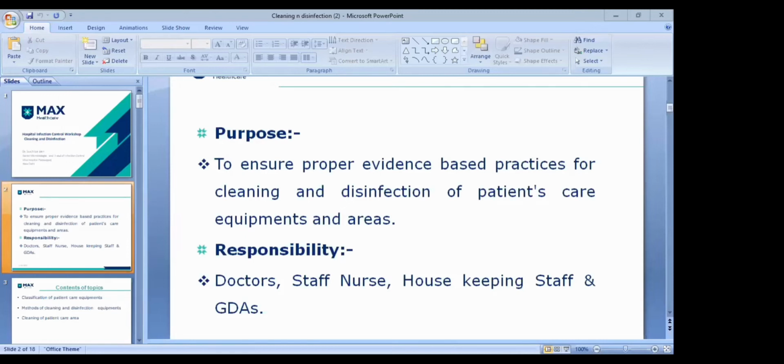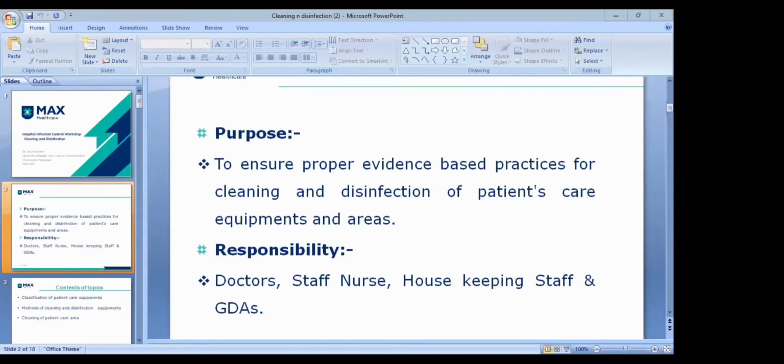Okay, so patient care equipments, I was telling, non-critical, semi-critical, and critical. In case of semi-critical equipments, we would be using something like endoscopes and bronchoscopes. We usually use high-level disinfectants, like 2% glutaraldehyde solutions, in that case. In case of critical equipments, we would try to autoclave all the equipments if they are not heat labile, not heat sensitive. This is about the classification of patient care equipments, and that is what we need when we talk about cleaning and disinfection.